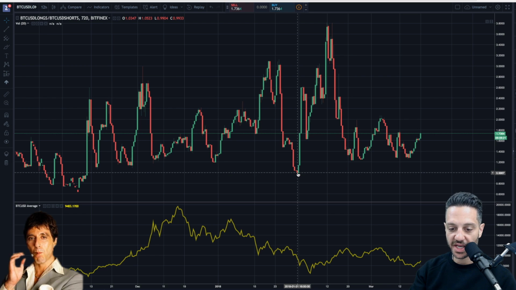And that's because it takes a little bit of time for the price to react to this market sentiment, right? So people are putting in their positions, but you don't see a reaction to the sentiment until a few candles later. So if we look at this right here, this was January 31st. The price didn't bottom out on Bitcoin until February 5th.